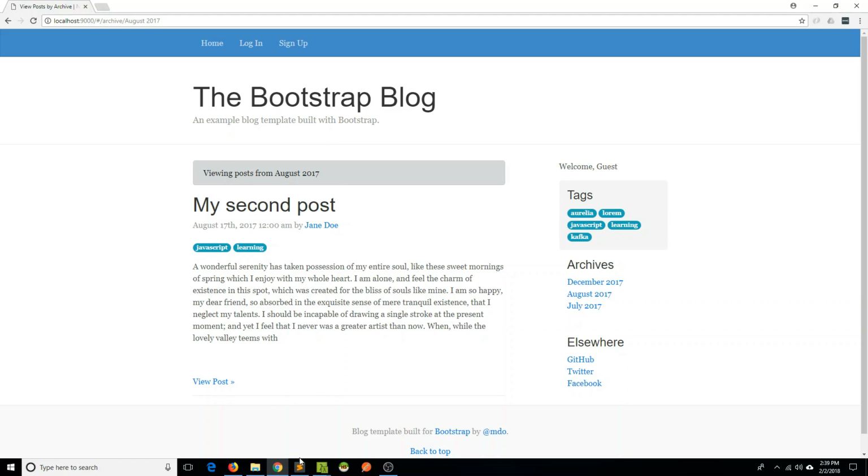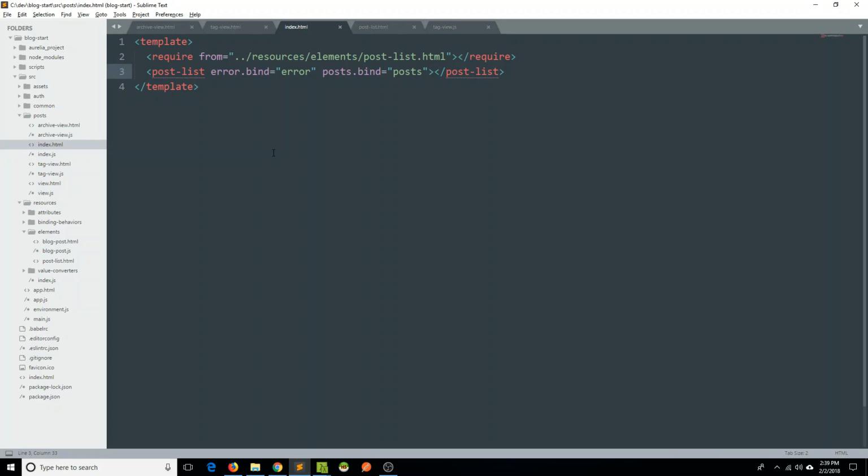And if I go back to my code, I can explain a little bit of why some folks would recommend custom elements in this case versus the compose tag. Custom elements, first off, seem just a little more intuitive to say, for example, this is a post list, versus saying something like compose from post, which is a little bit more verbose and not quite as obvious. Additionally, with the custom element, you have to explicitly bind certain things to it, which is actually